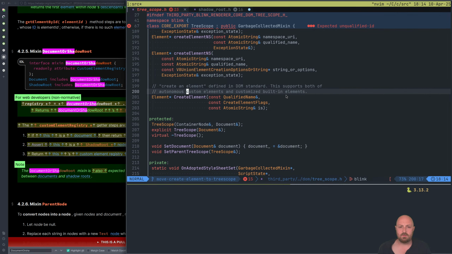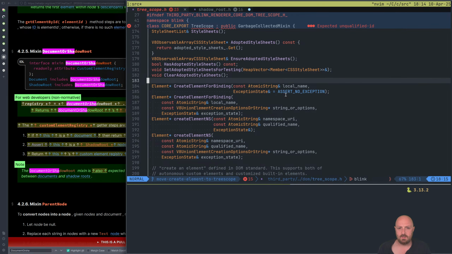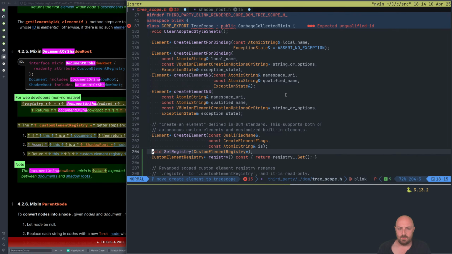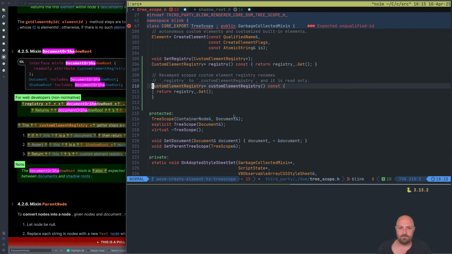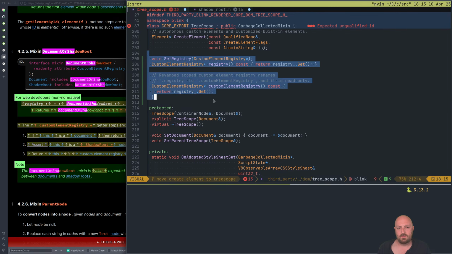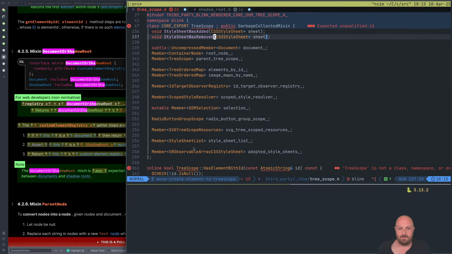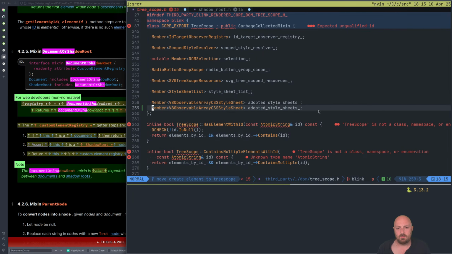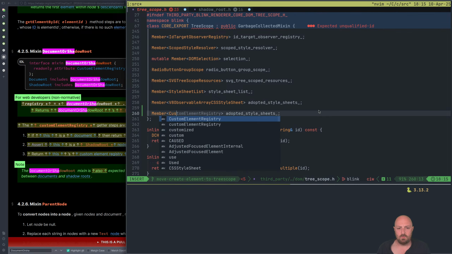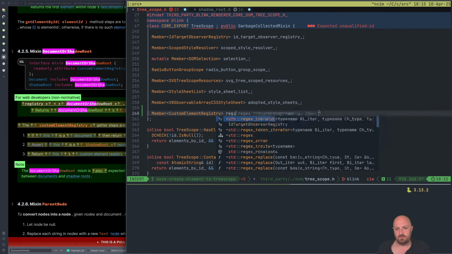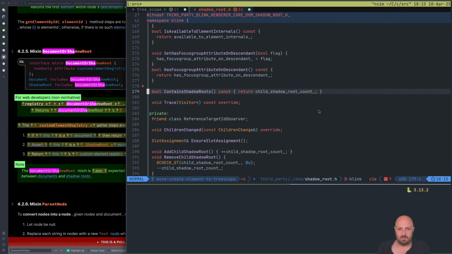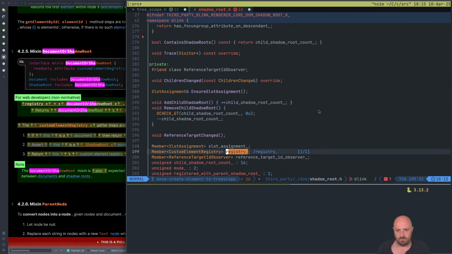So this was the next patch I wanted to actually make, which is that I think a tree scope wants to have set registry, and then a tree scope. I think that we want to have custom element registry here, which I guess I could have got from here, but